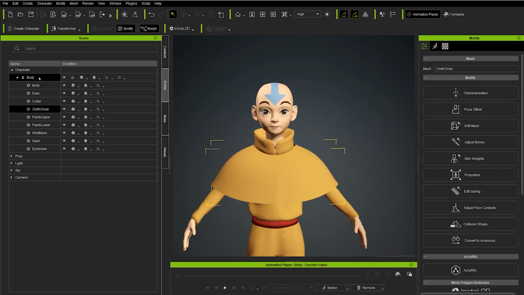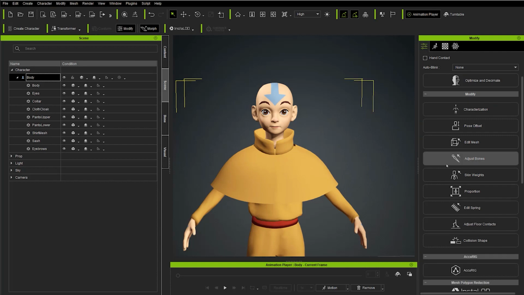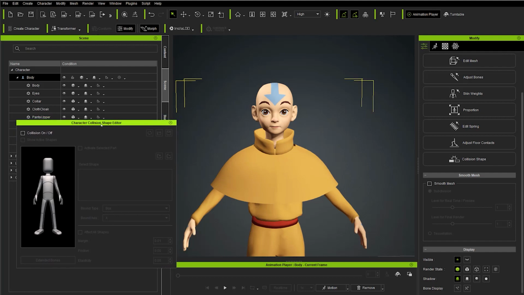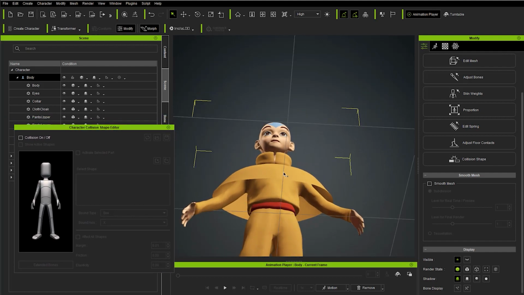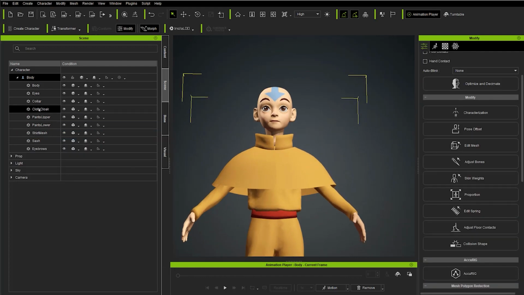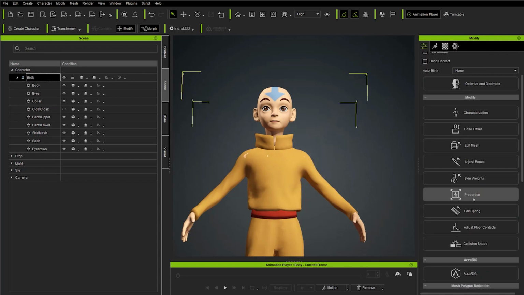So what we're going to do is go up to our body node here, and then back in our modify menu, underneath the attribute panel, we're going to scroll down and choose collision shape. This is going to open up the collision shape editor. However, in order for us to put collision in the body here, we kind of need to not see that cloak. So let's hop out of that mode temporarily. We're going to turn off the eyeball for our cloth cloak, and then we'll go back in here and choose